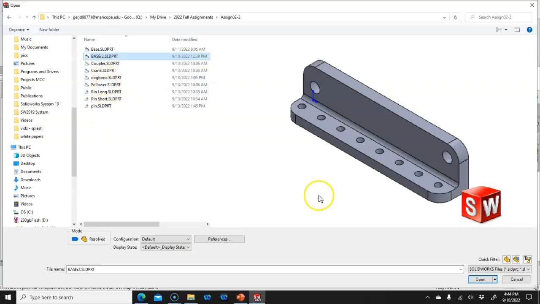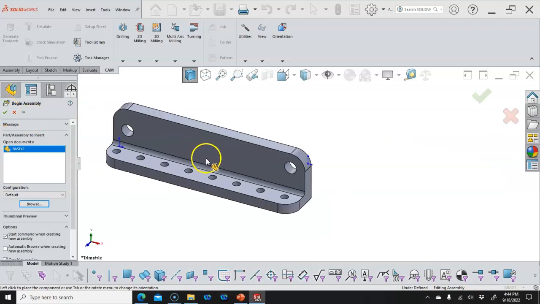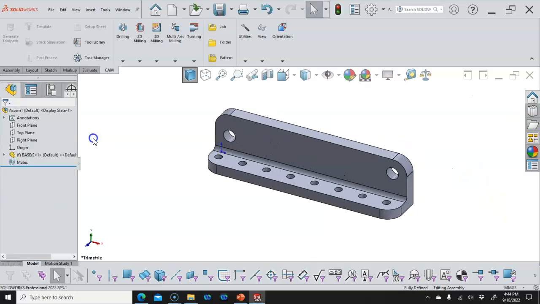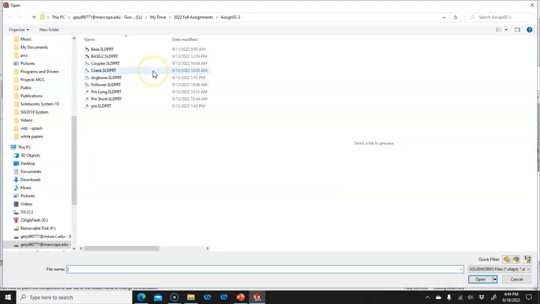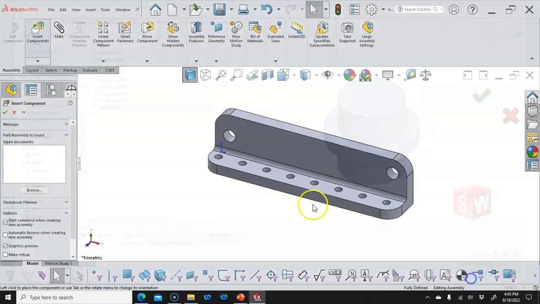The dog bone and the pin parts are going to be my configured parts, so that's fine. And again, we just go in, can see the origin of the part in blue. Not seeing the rotate, but we go origin to origin and allow it to fix. Then when I bring in my next piece, insert component, and it was set to automatically browse, so I'm going to bring in the pin, and with the configurations, this is the difference, is I can come down here to configuration pin long and hit open